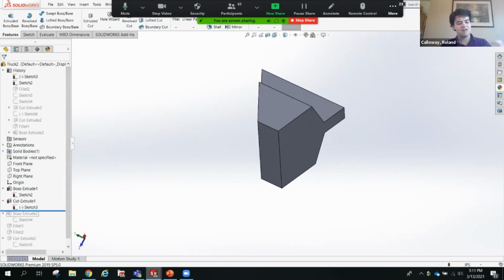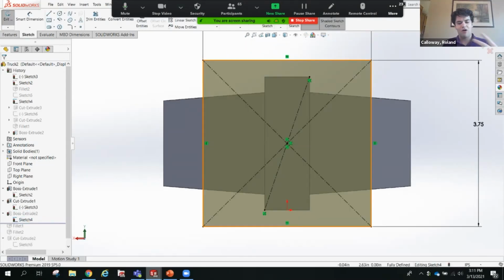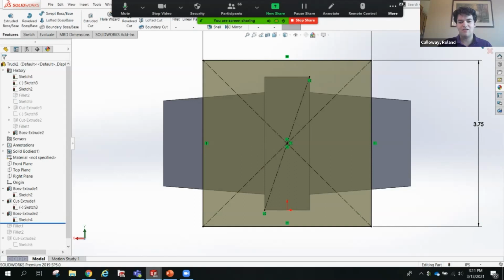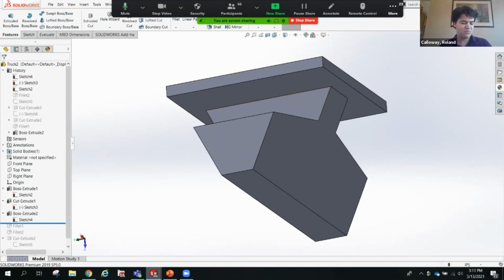So now let's add that top bit right here so that we can attach the screw holes for it. So we just make a drawing that actually goes past our original model, and then we use that extrude feature to just build up. And there we go. And now we've got this looks roughly right. But now what we want to start doing is we want to start